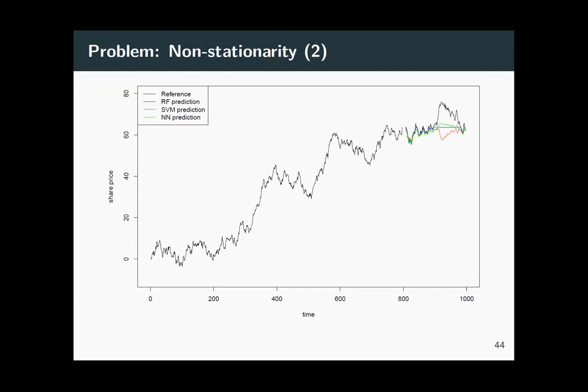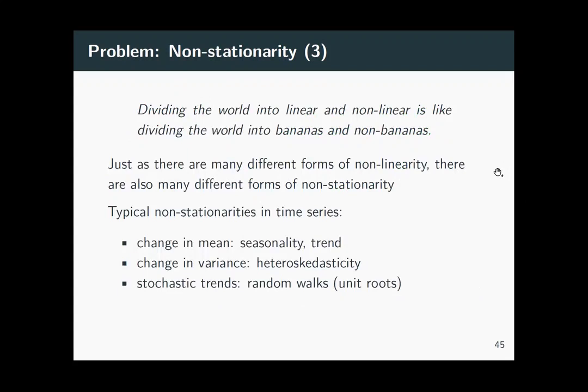and let's see if we can answer it at the end. So what you see here is, it's an obvious example, but I think it shows the problem very well. If you try to predict values you have never seen, it's not going to work out of the box. And now the problem with non-stationarity is that, there's this joke.